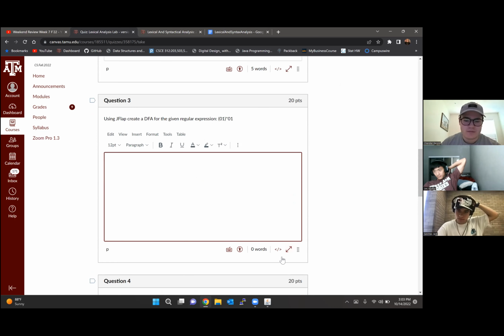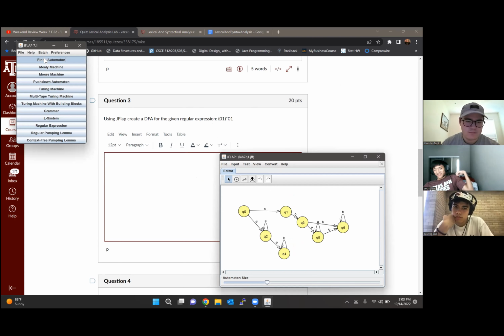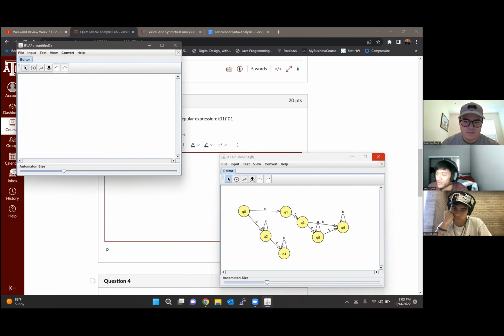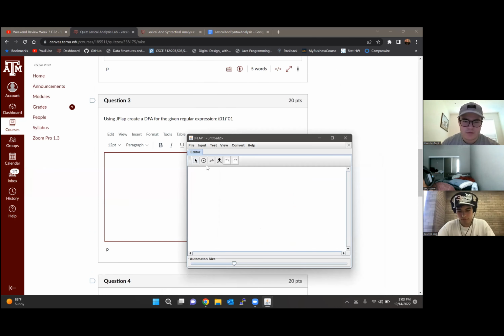0, 1. Okay. The dead state. So it could be 0 or more 0 1s. And the parentheses means that it's both of them together, I think. Yeah, I think so. So the line is a comma, like 0, 1. I don't know what to say. So it'd be like,